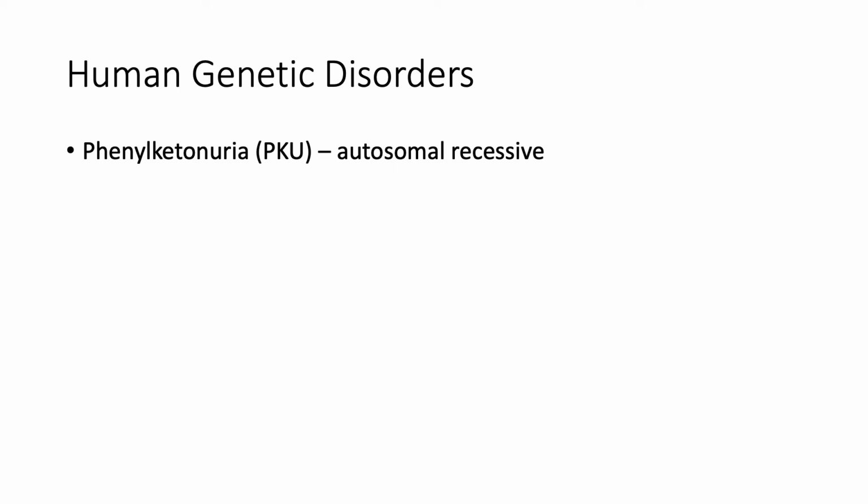Basically, anybody who has this will have to avoid foods containing phenylalanine and just not have anything in their diet, or else there is a high risk for serious mental retardation. Next is cystic fibrosis, which is the most common lethal genetic disease in the United States. Essentially, in it, there is a buildup of mucus in organs like the digestive tract and lungs. And it turns out roughly 1 in 25 Caucasians are a carrier for it.